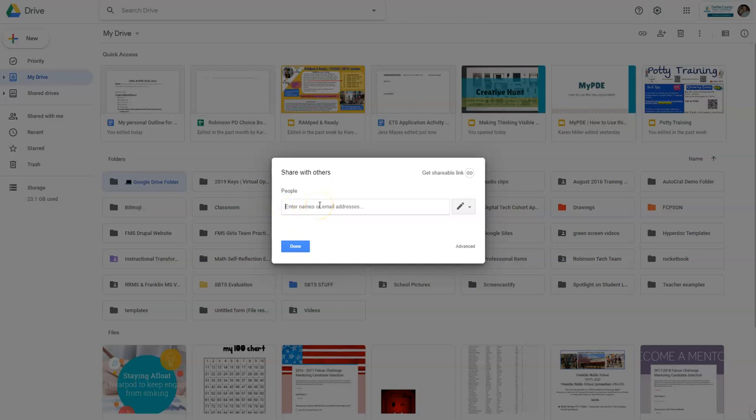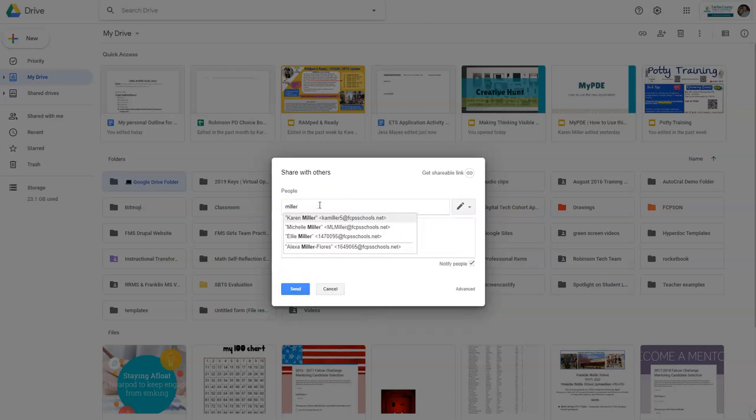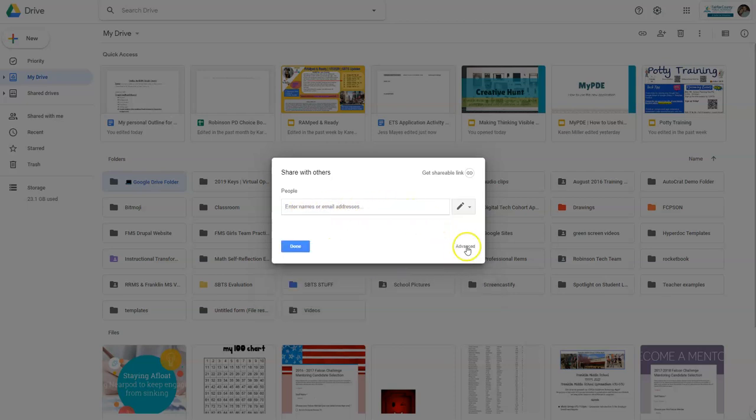So let's say I wanted Karin Miller to be on this folder, and let's say I also wanted Ann Wong to be on this folder. Okay, and I wanted both of them to have editing rights, or maybe I didn't. Maybe I just want them to be able to view the folder. Okay, but you have options there as well. Okay, you can type in a note if you would like. The other way that you can do it, let me get rid of both of these, is you can go